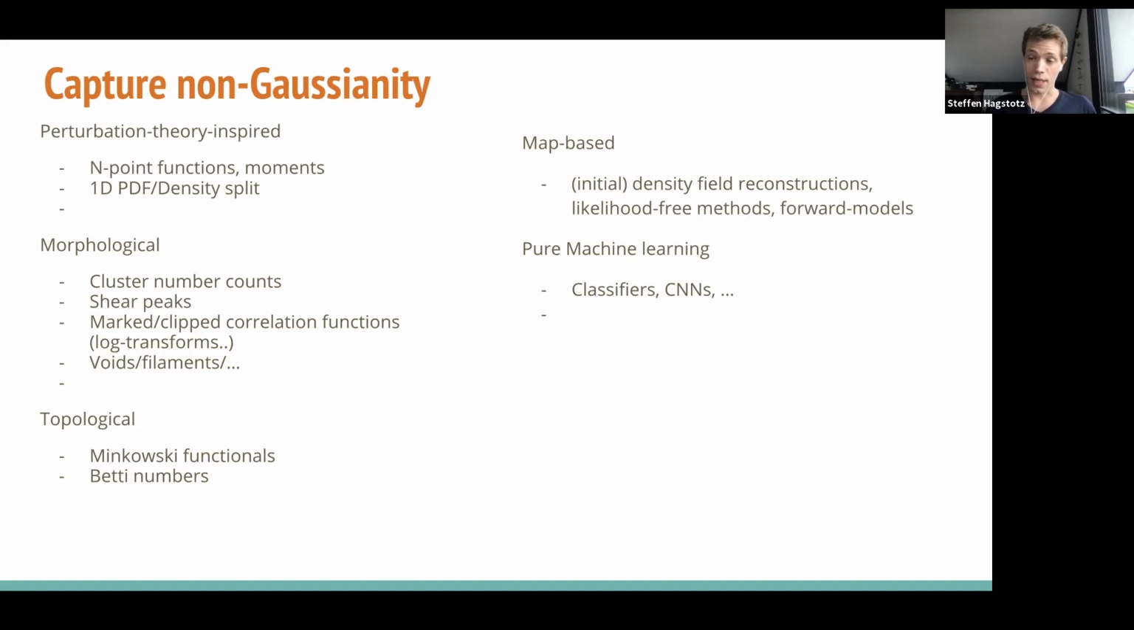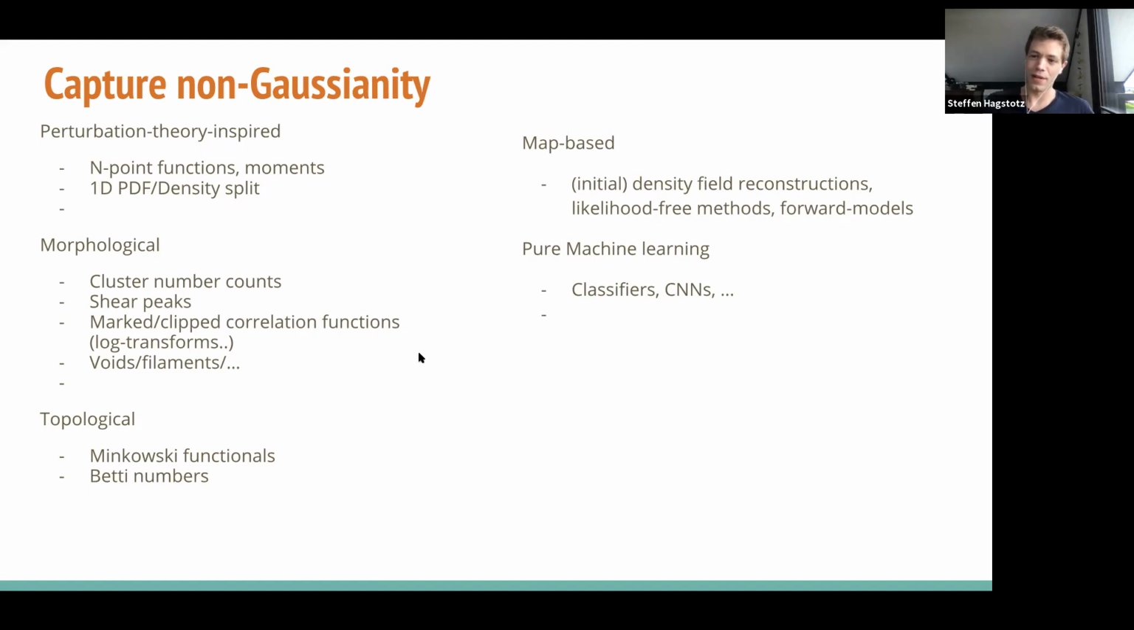Okay, you can look at voids or at filaments or all kinds of other structures. All right. Then something that I call topological probes. So these are a bit difficult. But I think the most well-known in cosmology are these Minkowski functionals that basically,